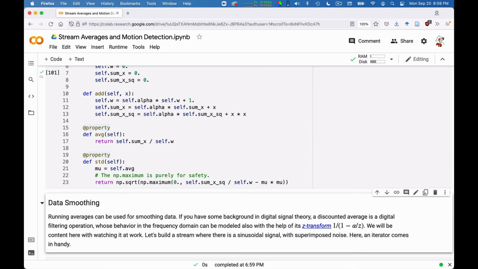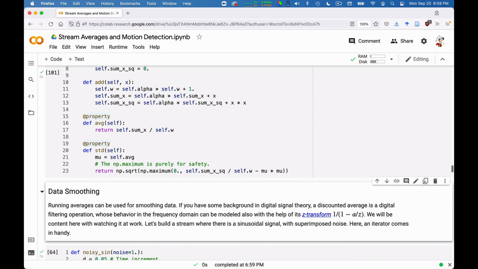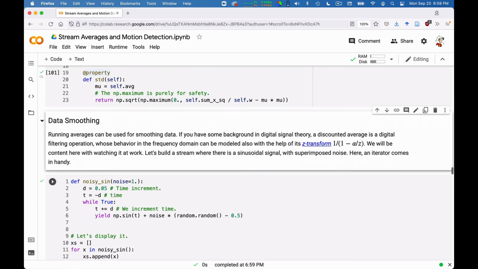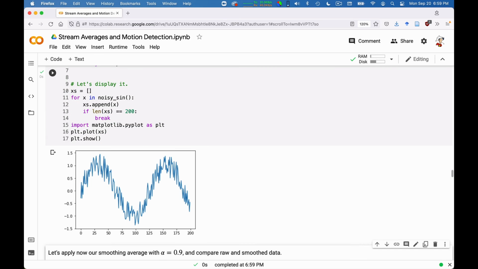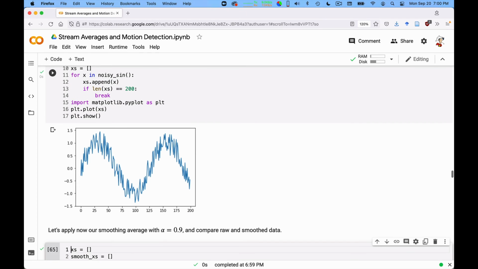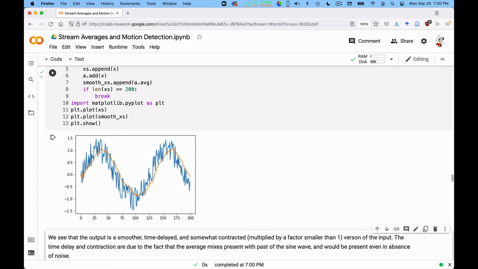So with these, let's play around a little bit, and I want to show you what happens visually. Okay, so this is our data. I added a bit more noise than before just to illustrate better what's going on. And if I compute now average and standard deviation with alpha equal to 0.9 and plot the results, I would get something like this out.